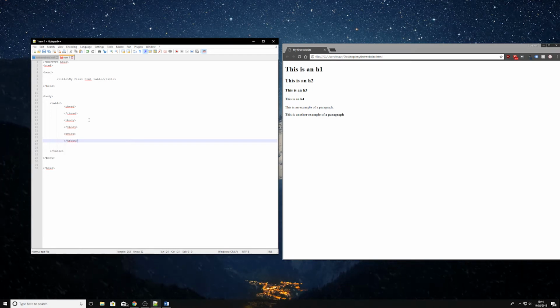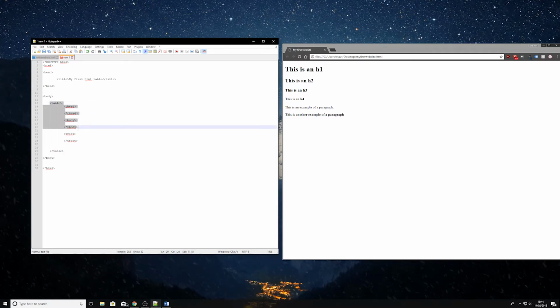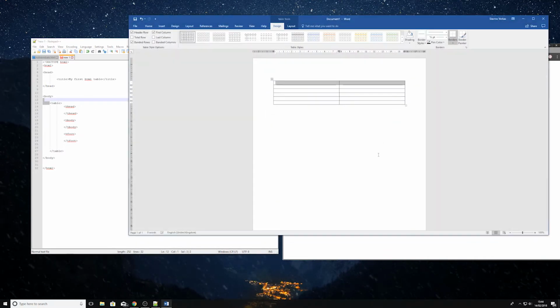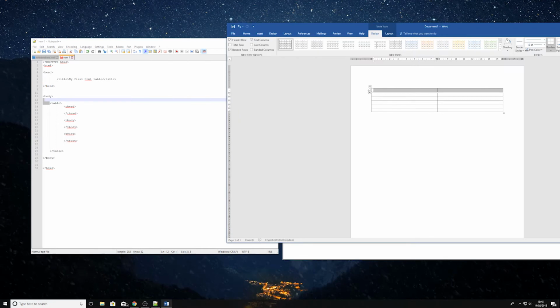Alright, so now what we've done is we've prepared our HTML document to make a table. We haven't created a table yet because we haven't defined any of these rows, or any of these individual cells. Okay, so now we're gonna have to define the header part of our table, and then the body, and then the footer. Now, not all tables in HTML have a header and a footer, but let's take a look at